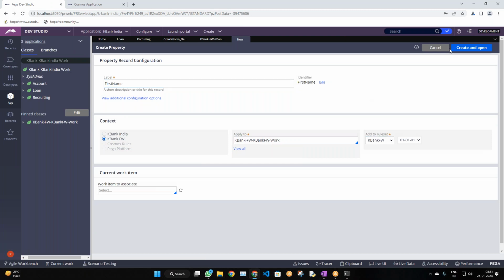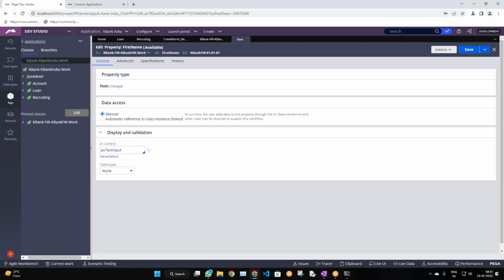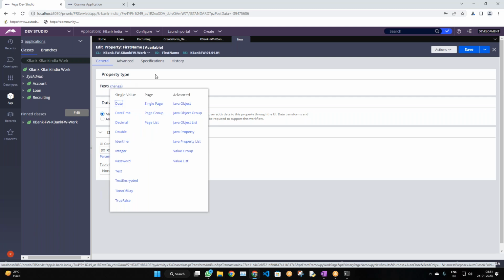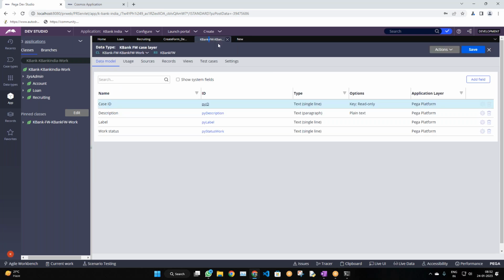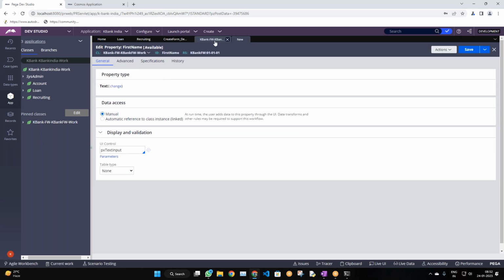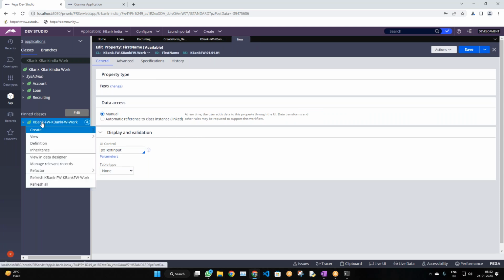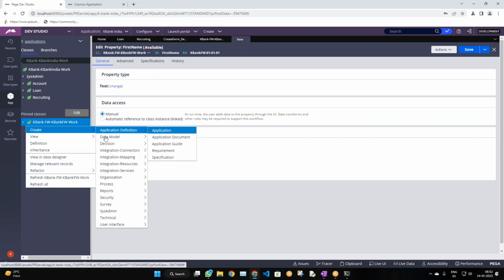So now the first name, click on create and open, and this is a type of text, so you can define whether... Show it again. Now you created it, right? Where did you click? Now you created it for the first time, right? I click on this class, create data model